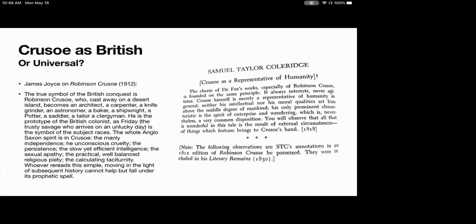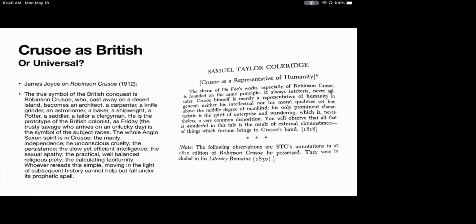He says that what Coleridge essentially says is universal, common to all men, is distinctly British. This is not a universal, general text of humanity, but it is a forerunner of a certain British narrative. Joyce writes in 1912, almost 100 years after Coleridge had written, the true symbol of the British conquest is Robinson